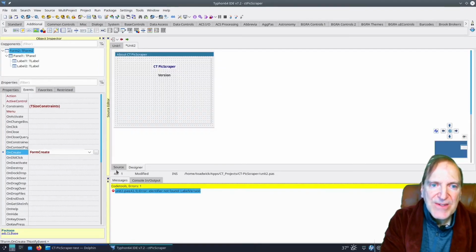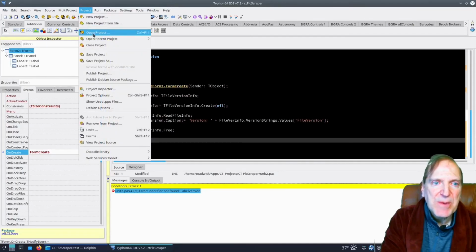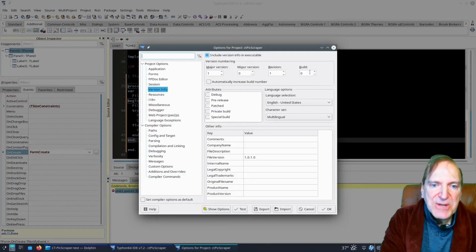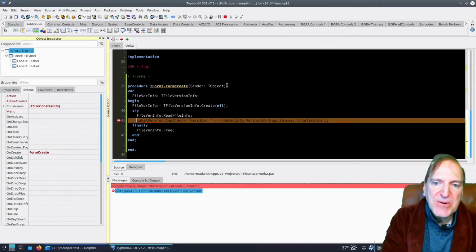Let's jump in here. Now this version label is being loaded with file version, which if you remember right back here in project options, if you look under other info, you'll see file version there, and that's what it's pulling. Those other things like company name or copyright, if you filled out those forms and then put, say, copyright info, then